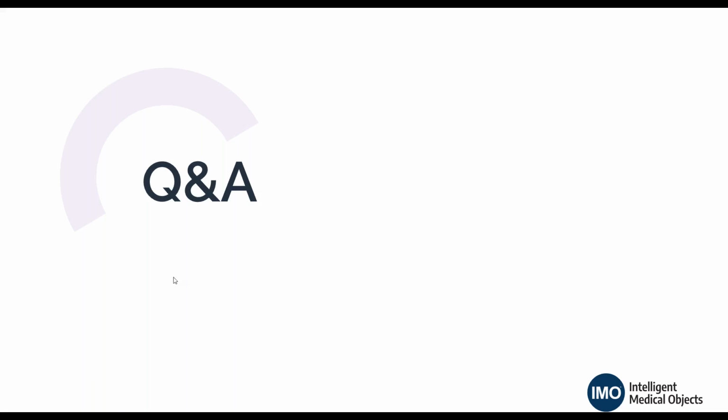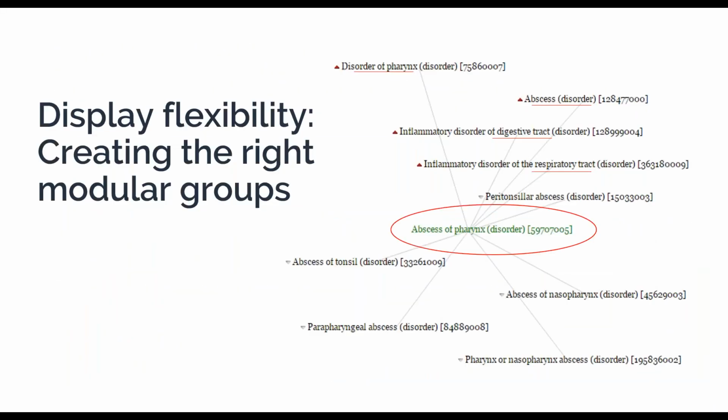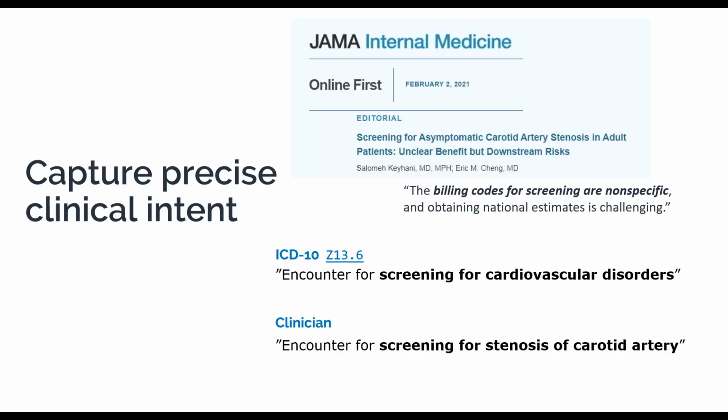problem list that I showed earlier. I'll just flip back to it here, if you'll forgive me for this. It was the one from JAMA, this one. So if somebody were looking for a term where they wanted encounter for screening for stenosis of the carotid artery, we would have to map that to Z13.6, the ICD equivalent for it, because ICD-10 cannot say what we can say on our side. And so if you were to look up all the IMO terms related to